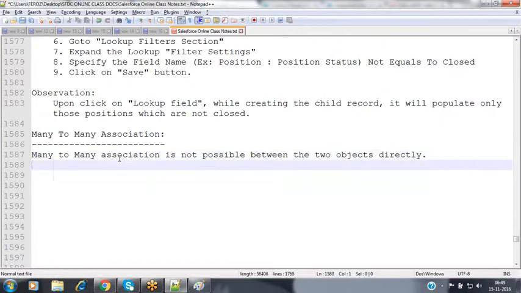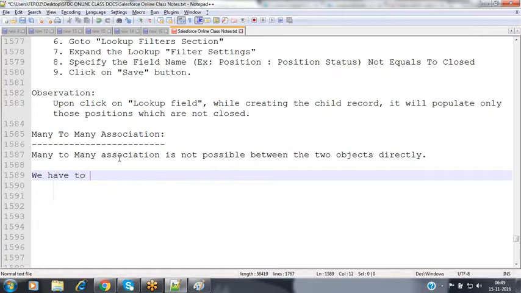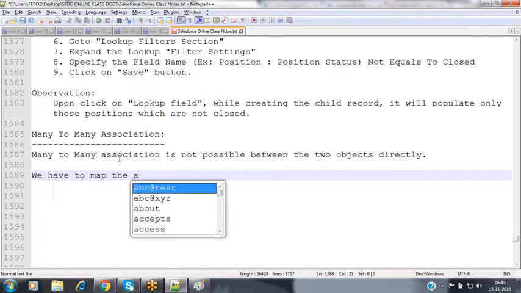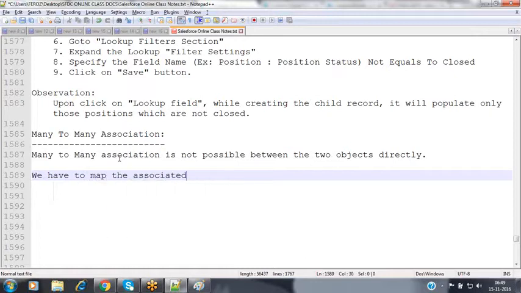We have to map the association by using a junction object.